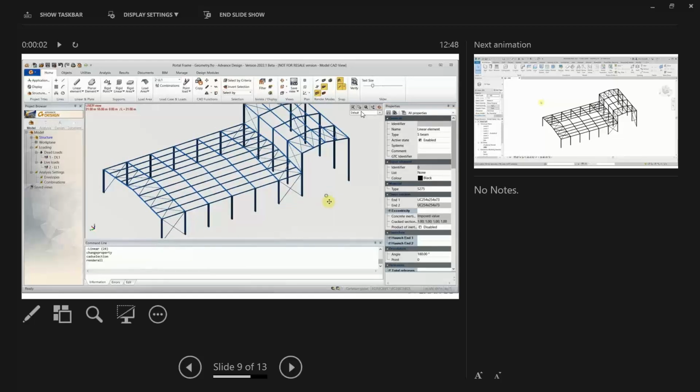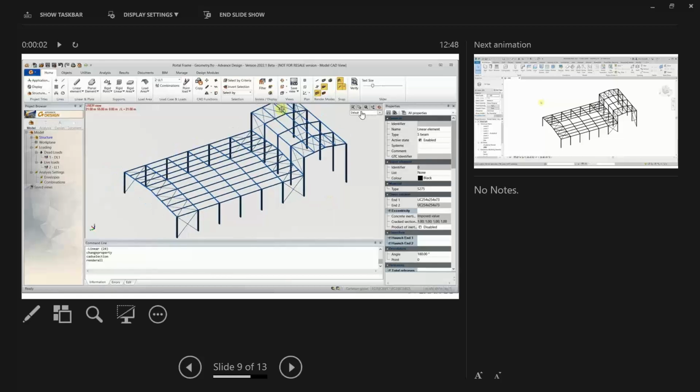As a structural engineer, I'm actually interested in knowing what your favorite section size is. So if you could please put in the chat box, it would be interesting to know what sort of section sizes are people's favorite. People have different preferences, so it's just interesting to know. Feel free to pop that in the box. Okay, so